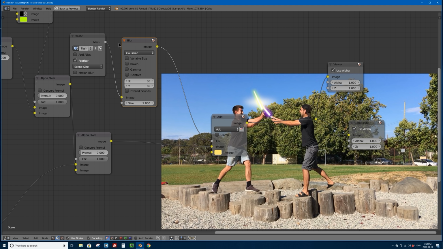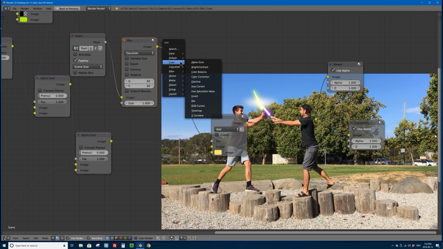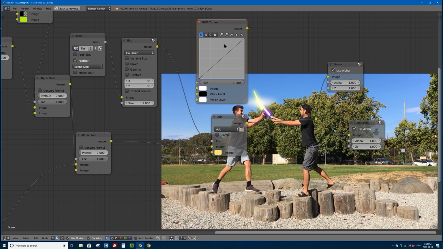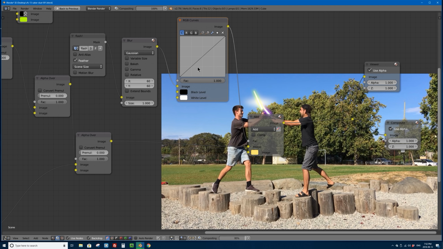What I'm going to do is adjust the blurred mask using a color, and I'm going to use RGB curves. This is the same tool that you'd find in any photo editing program like Photoshop or GIMP. It gets one of these bars that you can drag around and warp the brightness and contrast of something. If you don't want a point anymore, you can left click that point and press this little X. But I'm going to put RGB curves into this noodle, and if you drag the top right one down, see how you can affect and make it more